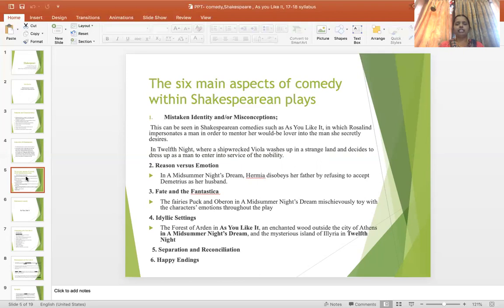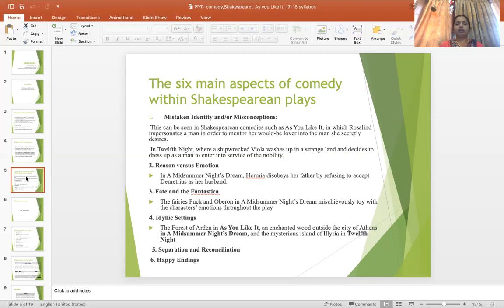Next one is reason versus emotion. In Midsummer Night's Dream, Hermia disobeys her father by refusing to accept Demetrius, who is her father's wish, as her husband. Fate and fantasy are next characteristics of comedy. The fairies Puck and Oberon in Midsummer Night's Dream mischievously toy with the characters' emotions throughout the play,